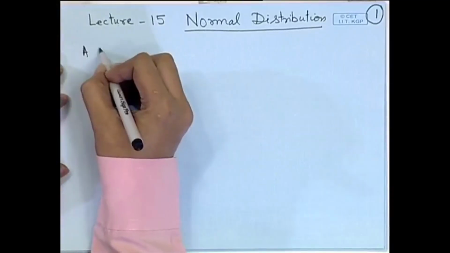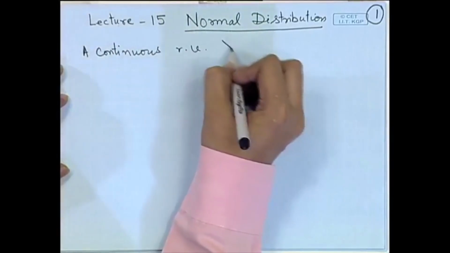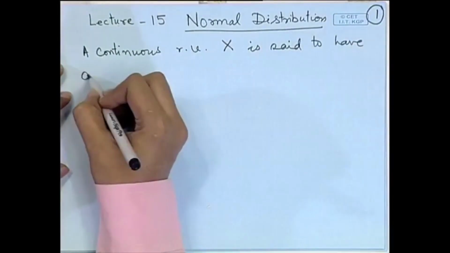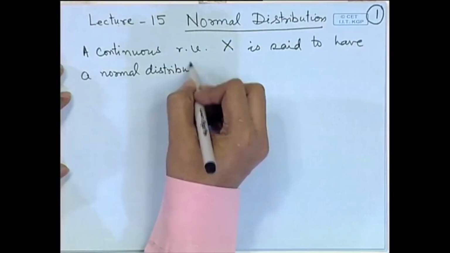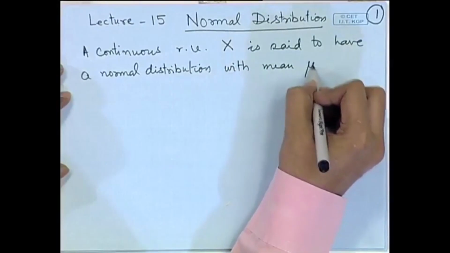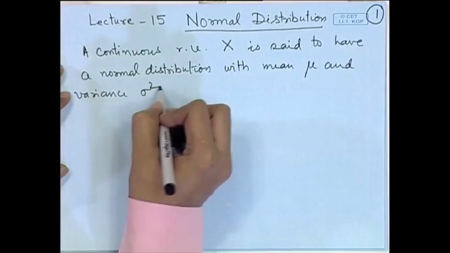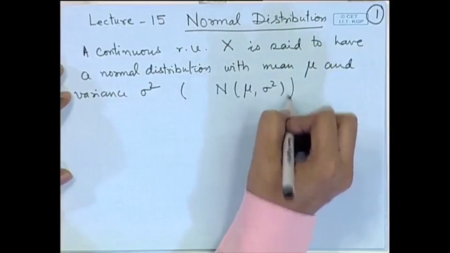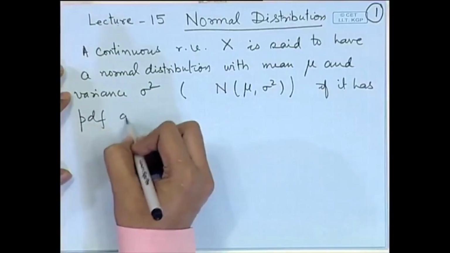So, a continuous random variable x is said to have a normal distribution with mean mu and variance sigma square. We will denote it by N(mu, sigma square) if it has the probability density function given by